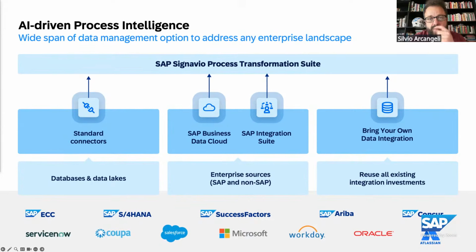On the other hand, we also support a bring your own data integration approach. So if you already have your own middleware that is taking care of connecting your transactional sources, we can get easily added as an additional target for your middleware. So we've got customers, for example, who are using webMethods to extract data out of Oracle JD Edwards and pump it into Signavio using our standard ingestion API. That's perfectly doable. Other customers are using IBM DataStage, right? So I've seen it multiple times, and it's easy and it's doable.